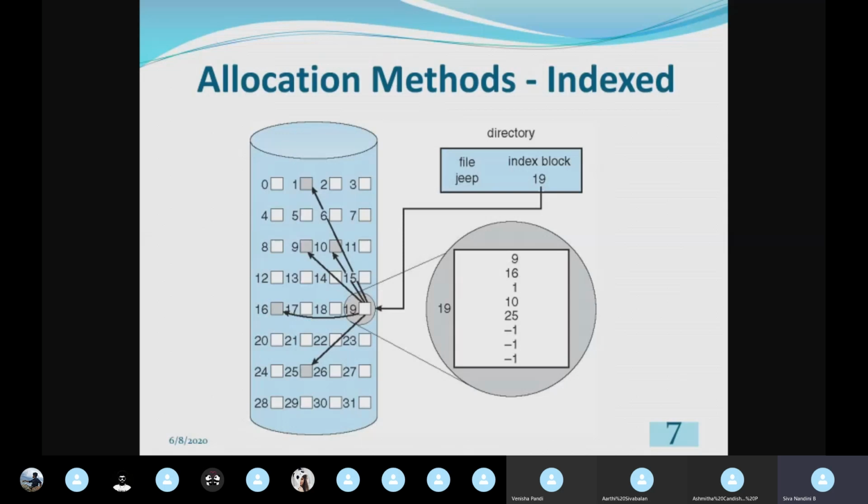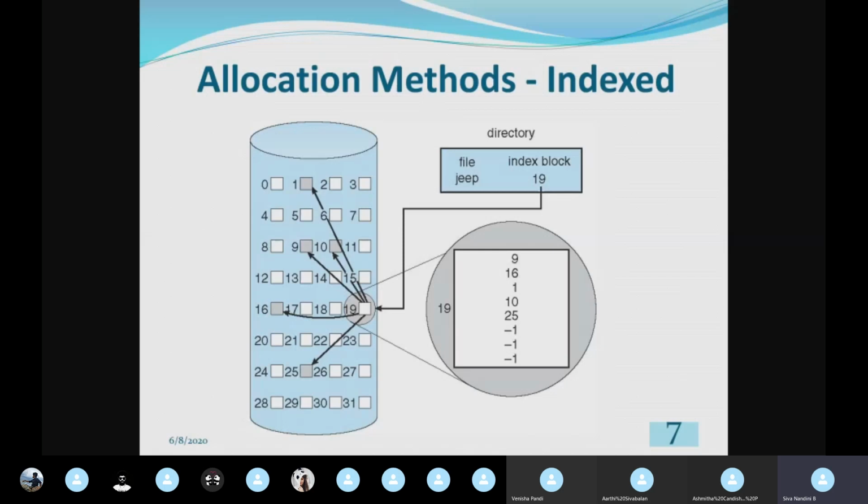Then I can directly go to the index logical block and access the fifth logical block, even if the fourth logical block, the 10th logical block, is corrupted. So likewise, I can access any logical block through this index logical block, even if a particular logical block becomes corrupted or becomes a bad logical block. So it is an advantage of this index logical block.